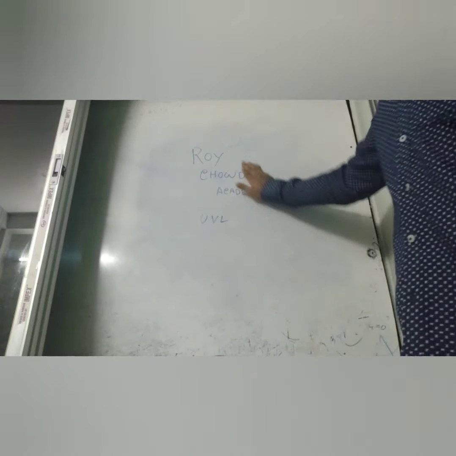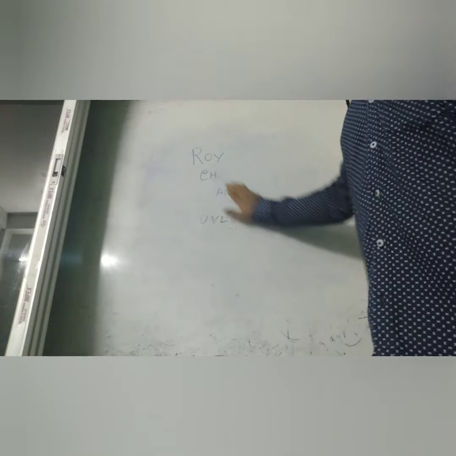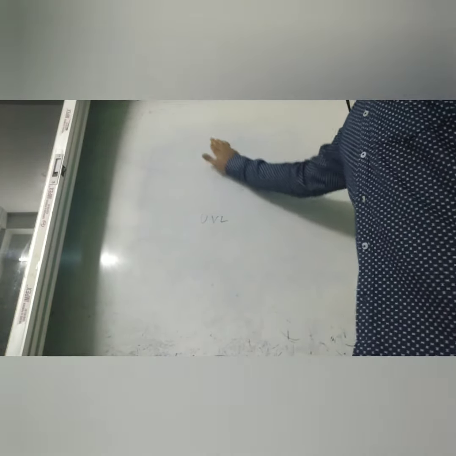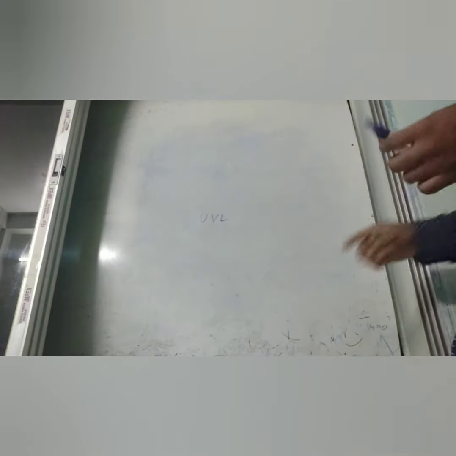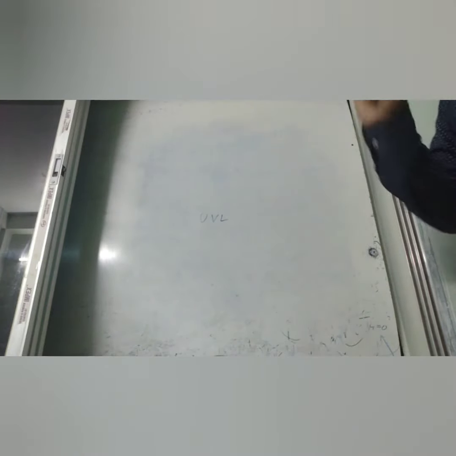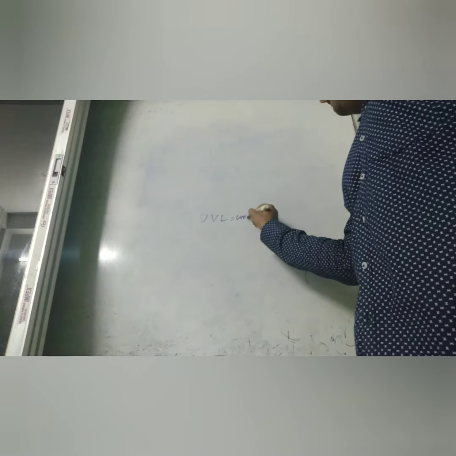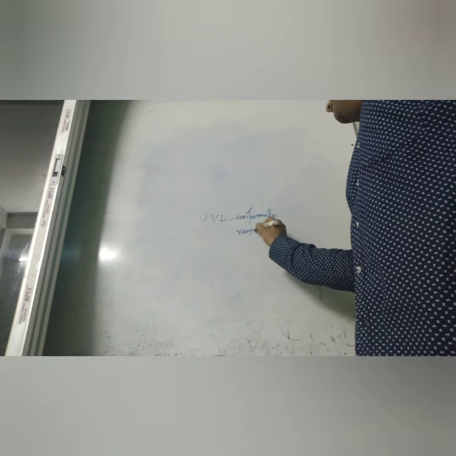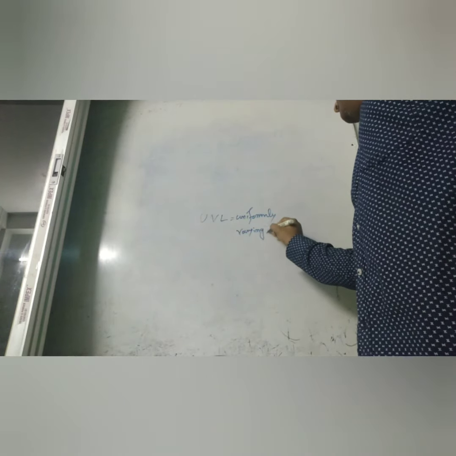In this chapter, I will describe how to draw the shear force and bending moment diagram over a cantilever beam in case the load given is a uniformly varying load. In this load, what is different as compared to the UDL? Uniformly varying load is very different as compared to the UDL.